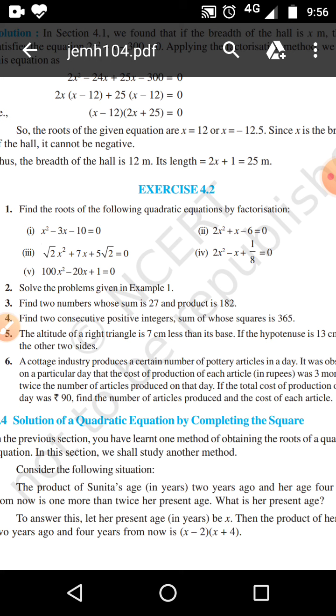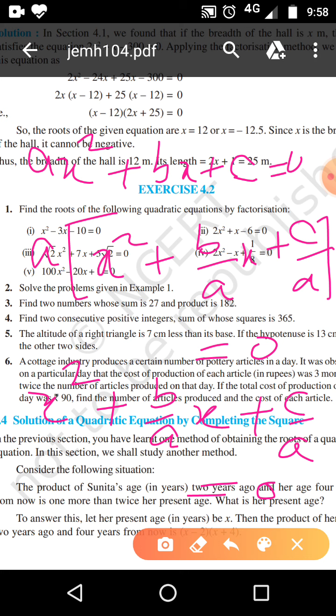So first of all, we make the coefficient of x square unity. That means the coefficient of x square should be 1. So we have to take a common. Then this is nothing but a times x square plus b by a x plus c by a within brackets, equal to 0, and you know very well the next step is x square plus b by a x plus c by a is equal to 0. So please note it down. These are the 3 steps of this particular completing square method. So now we shall proceed.